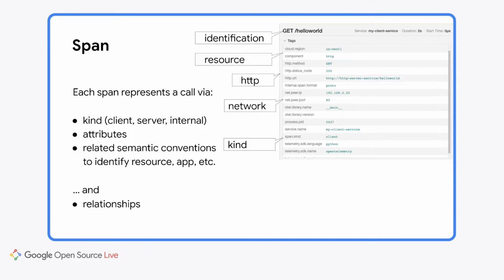A span may have some custom attributes, and then some attributes identifying it using some well-known semantics that OpenTelemetry defines. These attributes may represent the application that is processing the span. They may represent where this application is deployed, like cloud or process or instance. It's typically called resource. It also represents some HTTP-specific attributes like URL or status code. Or it may have some networking information like the IP of your peer and stuff like that.